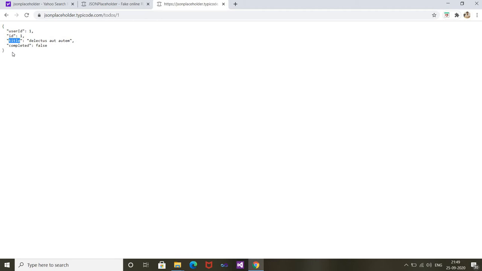So what is an API? Basically an API gives us raw data. We are basically getting some raw data using this API, and on the UI side we can consume this API and bind this raw data to a UI. We are going to discuss this in detail in a coming tutorial, how to bind this data to a UI and how you can present it to an end user, to your customer, to any user who is going to use your application on the web.